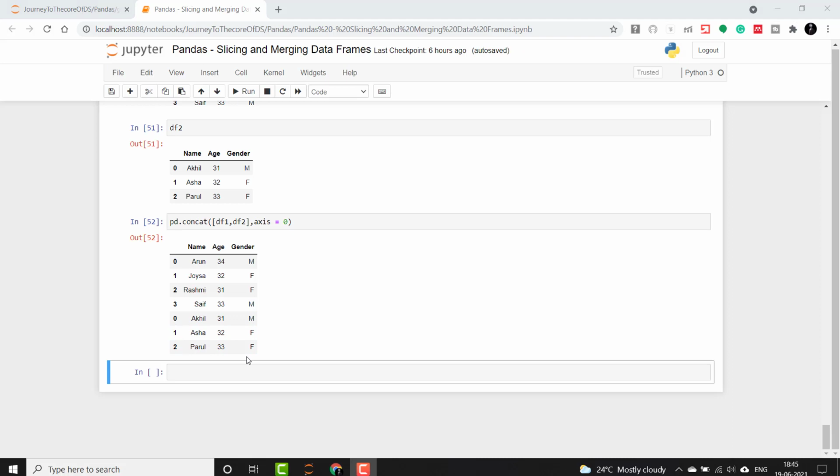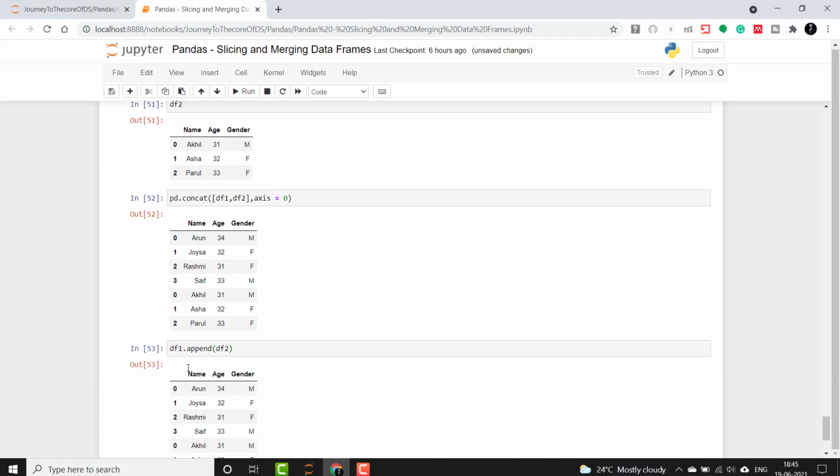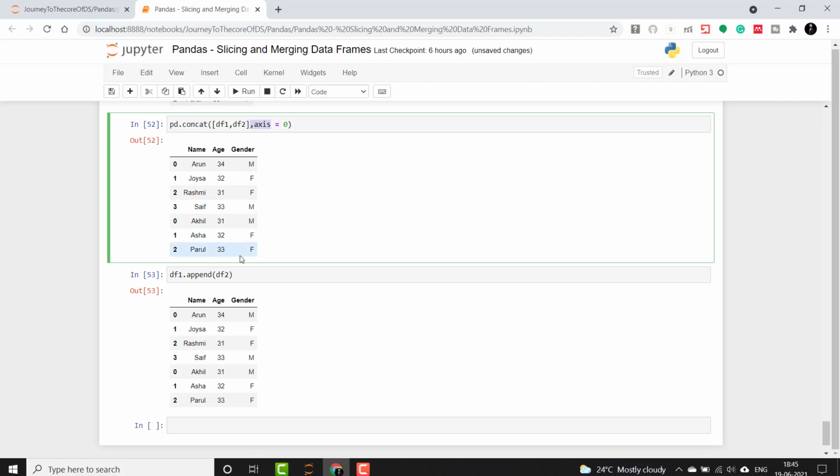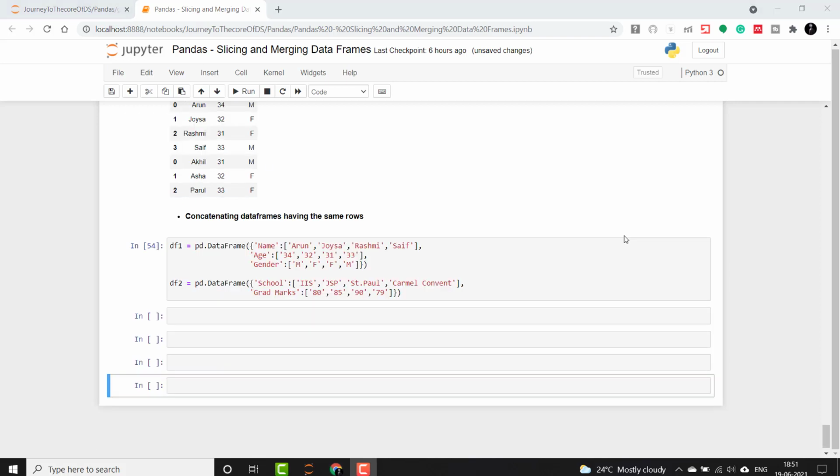It also does the same thing. So we'll see that also. So the use of it is like we'll use df1 and we will say append and we will mention df2. So you will observe here it will give the same output as the previous concat method, and we don't need to mention axis also.